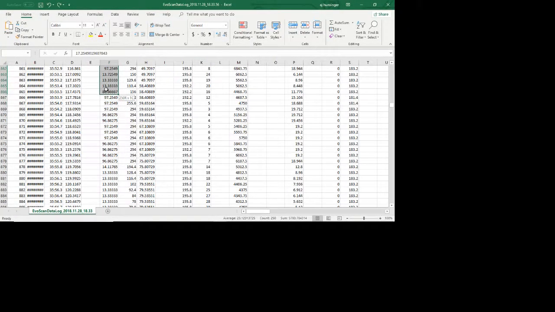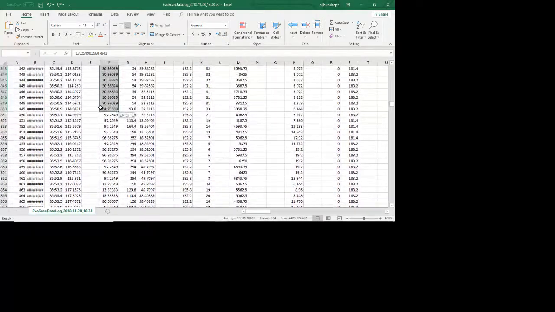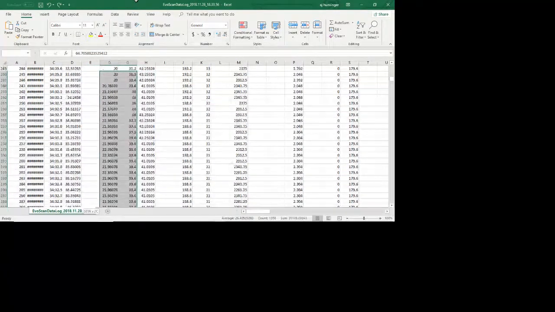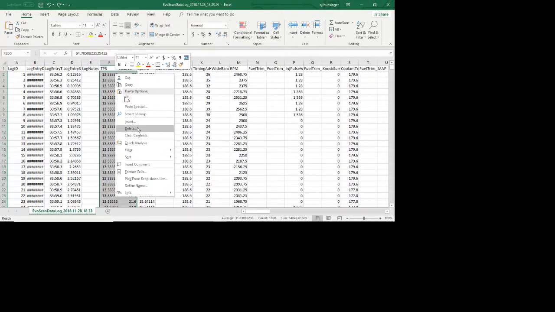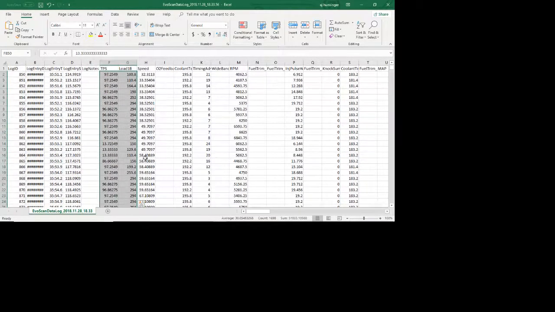This looks like, yep, this is a good example here. So I'm going to take this, delete everything above it that's not wide open throttle, so we can see our categories. Now, speed, 32 miles an hour, so I'm guessing I'm in second gear at this point. And I'm wide open throttle, doing a second gear pull, and then you see it goes from 97 down to